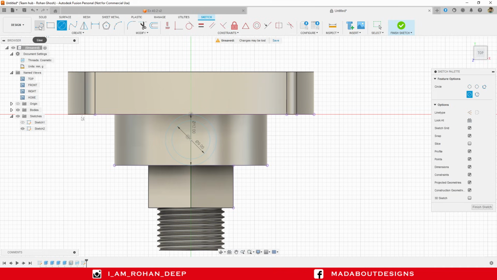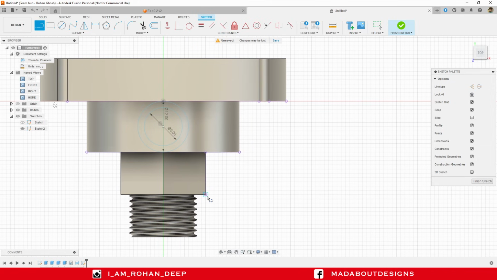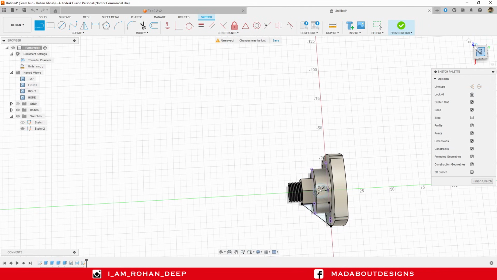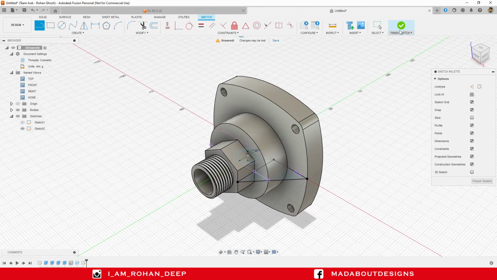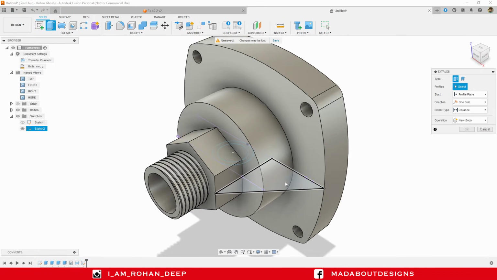Go to Straight Line command, select the first point of the line here, second point here. Close the profile, first point here, second point here, and the third line as follows. Finish sketch. Go to Extrude command, select this triangular profile,